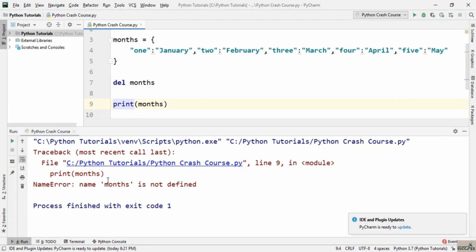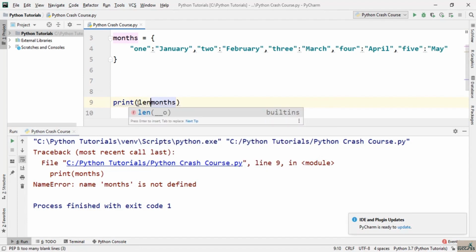Now one last thing I want to teach is basically how we can get the length of this dictionary. So let's say that you want to find out the length of this dictionary. So for this we're going to use the len, which basically stands for length, method inside